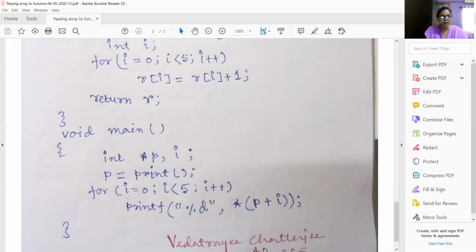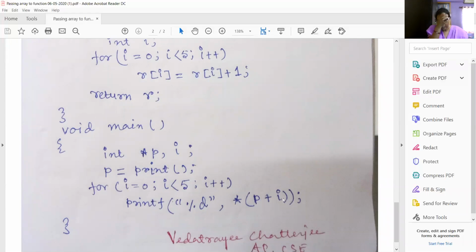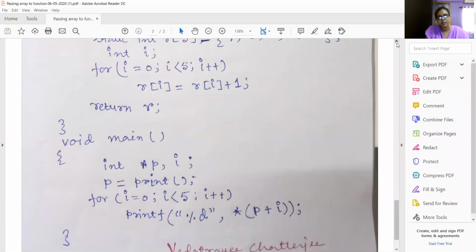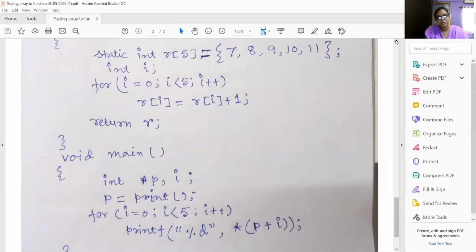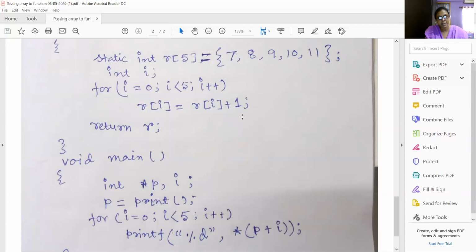Now for i from 0, i less than 5, I have given %d, asterisk p plus i. The value at address p, the first pocket value, has been changed to 8, because 1 has been added.